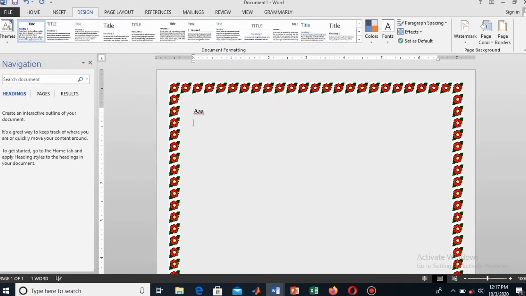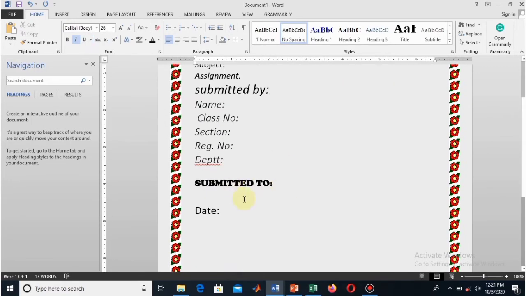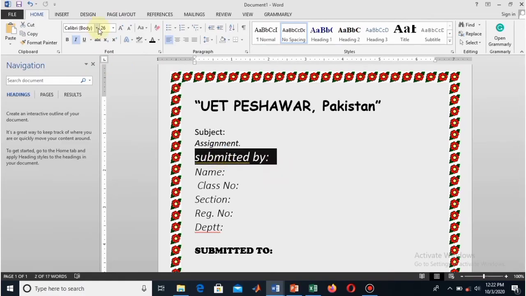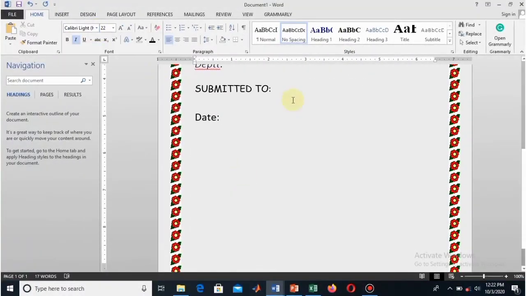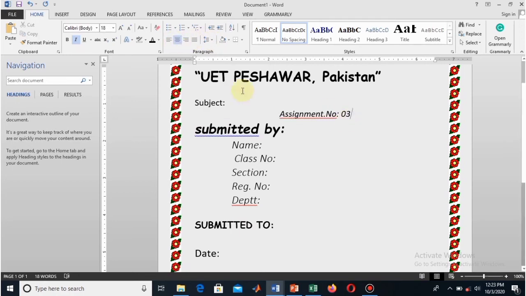Now I will add text, my details for this title page. So I will add this, and then I will format all these and increase and decrease the size. So you just watch this. Now here see I am formatting this text. So I will increase the size from here for this, and I will also change the font style, and here you see I have added this to the middle,